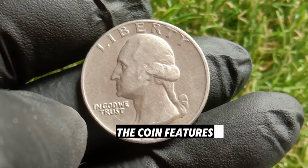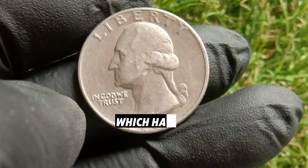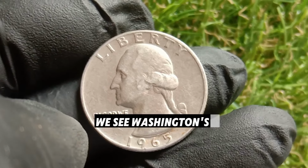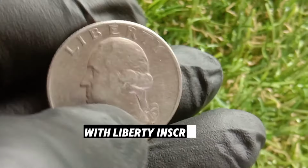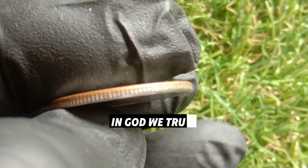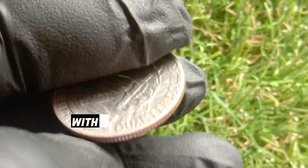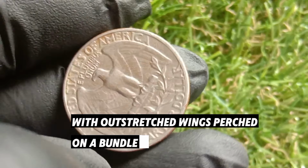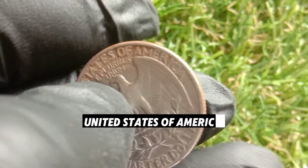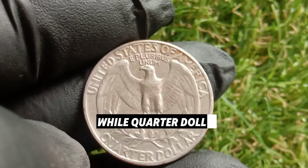The coin features the iconic profile of George Washington, designed by John Flanagan, which had been in use since 1932. On the obverse, we see Washington's left-facing portrait with Liberty inscribed above and the date 1965 below. In God We Trust appears to the left. The reverse showcases a heraldic eagle with outstretched wings, perched on a bundle of arrows with olive branches below. The inscriptions United States of America and E Pluribus Unum appear at the top, while quarter dollar is placed at